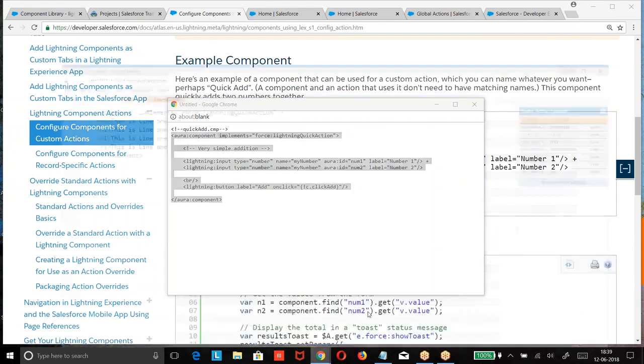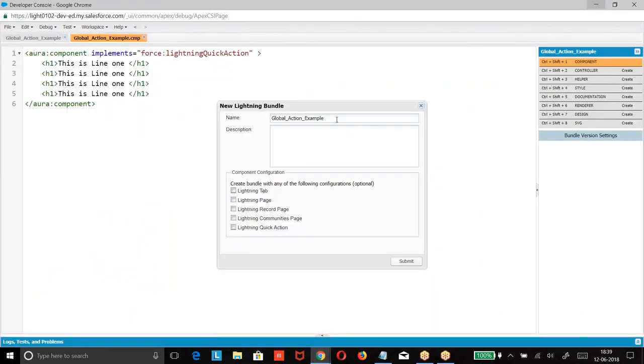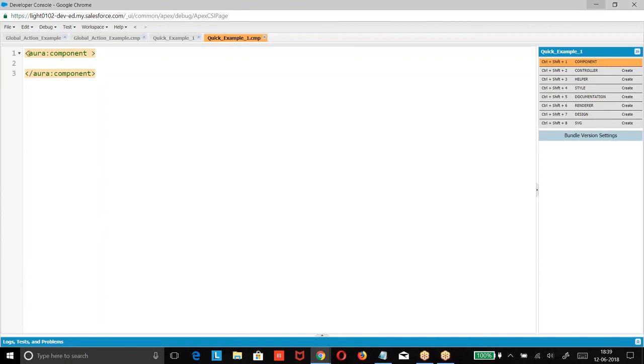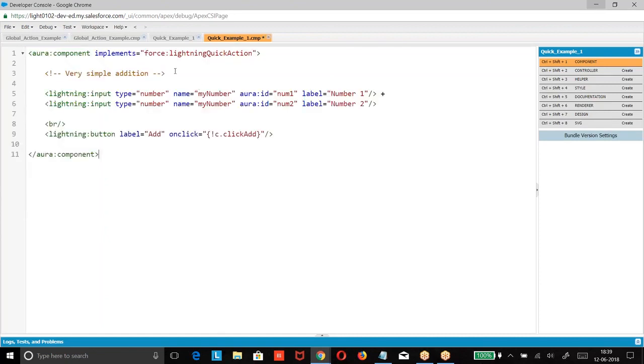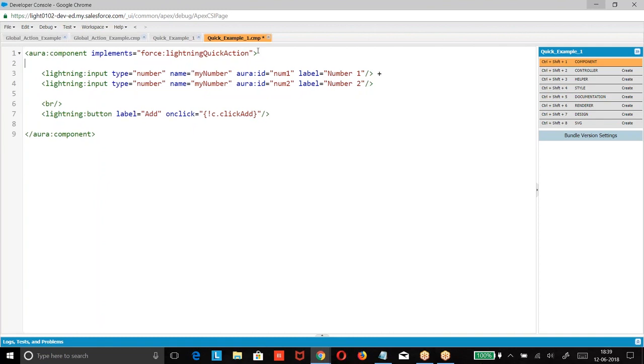The basic structure we have already done a number of times. This is a lightning component. So what was that? Look at this.